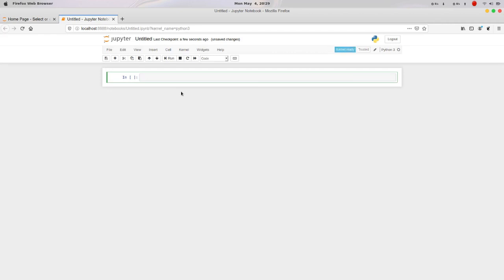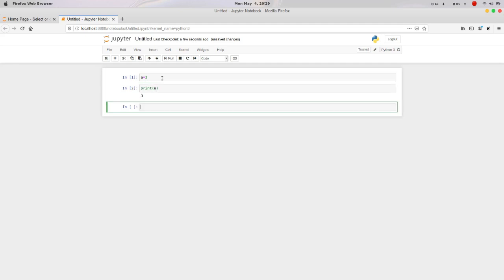You can see that we have a window where we are prompted to write some code. This is going to execute all of our Python code. For example, I'll write here a equals 3 and print a. It will print 3. So now we have confirmed that this is working with Python 3. In the next video, I'll start with the first algorithm, that is KNN, the K nearest neighbor algorithm.